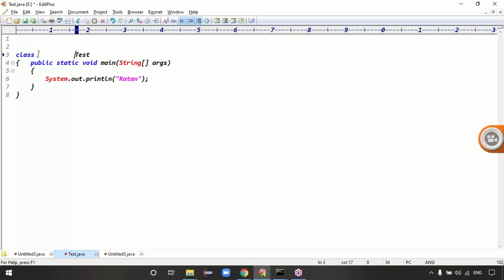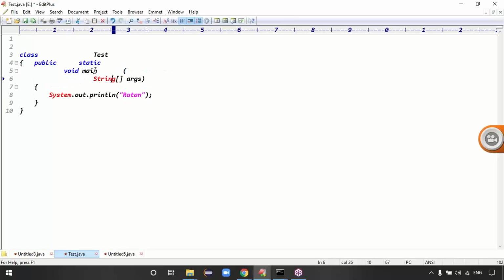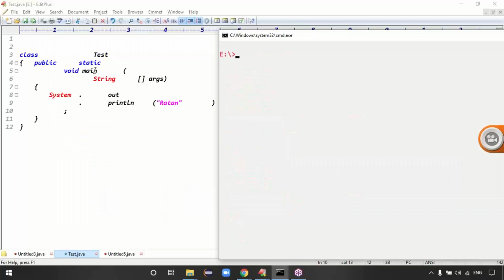Exactly. Guys, tell me, in between the two tokens, here I have given one space or multiple spaces, guys. Here I'm giving multiple spaces, right? Tell me, guys, are multiple spaces valid or invalid? Guys, is this code valid or invalid? Definitely, this code is valid, sir. Valid or invalid, definitely we can say the code is valid, guys. So it is valid and the code executed fine also. We got the output Ratan.